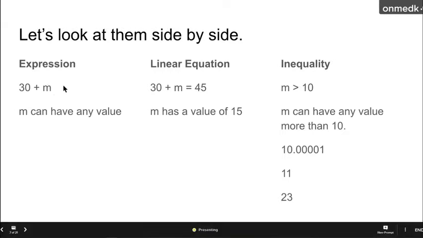Why? Because there is no equal sign. So this could be any value that I want. That is true for expressions. Now this is a linear equation where this variable has only one possible value. The only number that you could put here that will make both sides of the equation equal is the number